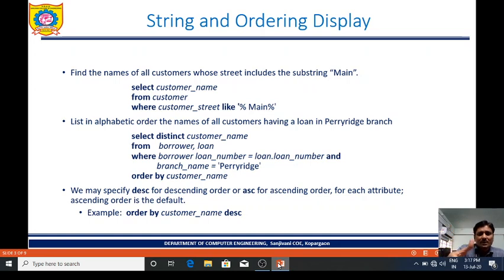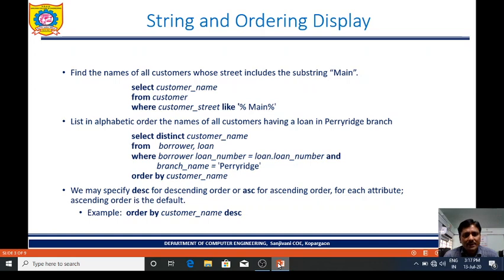When this condition is true, then the customer name will be displayed by using order by clause. When the where condition is satisfied, then the customer names will be displayed by using order by clause, that is in alphabetic order.